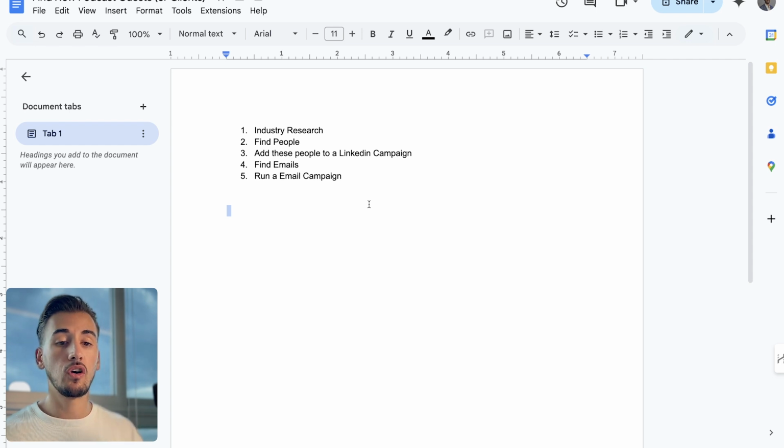So we're going to go through the entire process of doing the industry research, finding particular terms that are relevant. Then we're going to find the people. I'm going to show you the tools that I use, how we do so, how you can do so too. We're going to take these people and put them into a LinkedIn campaign. From there, we're going to go connect with them on LinkedIn. We're going to take them through the entire messaging flow on LinkedIn, automated as well.